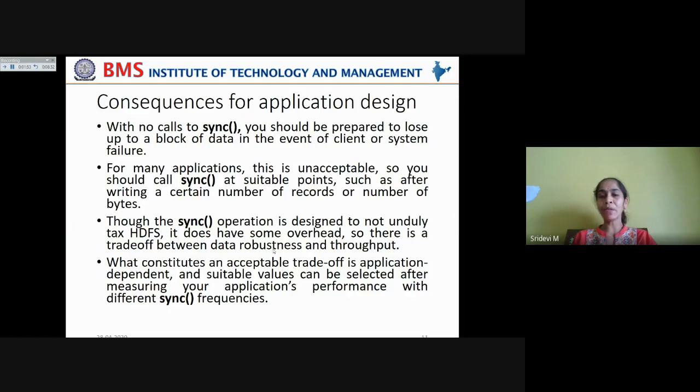But if you want to speed up the processing, you may compromise on executing the sync operation. What constitutes an acceptable trade-off is application dependent, and suitable values can be selected after measuring your application's performance with different sync frequencies. You can set up the frequency, and based on that, the sync method will be called whenever data is written onto the files in the file system.